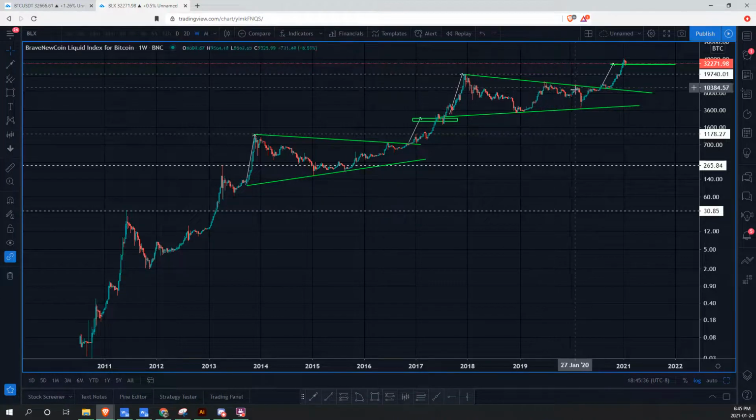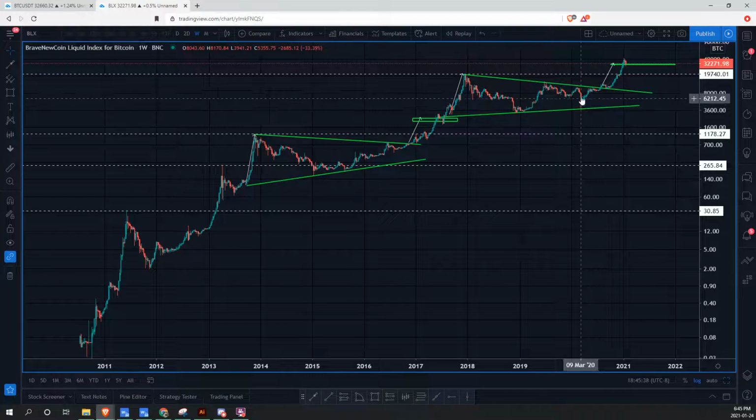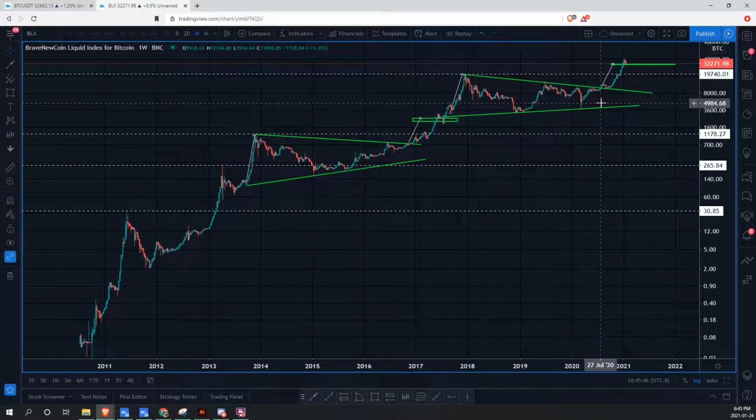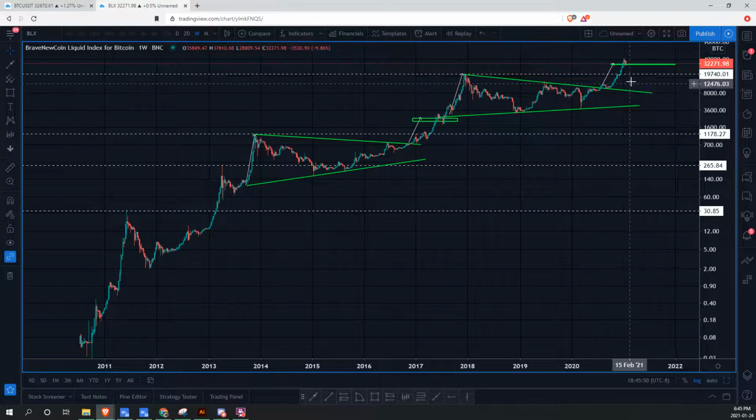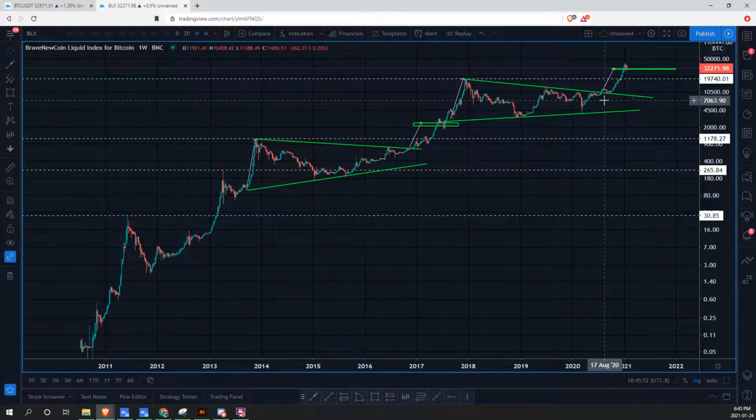Came all the way back down, 50% dropped to the downside back in March of 2020 when COVID really started to hit the overall economy. But BTC was the first to actually come back. It was the most buoyant, and we can see that from then we've been really on a rocket ship to the upside. And if we do look at the previous geometry of this major triangle, we can see that this